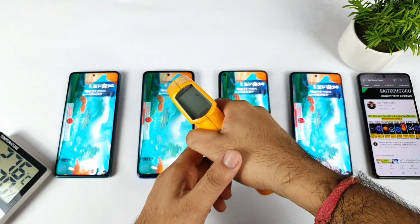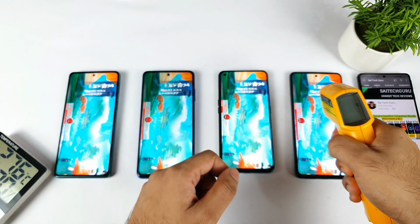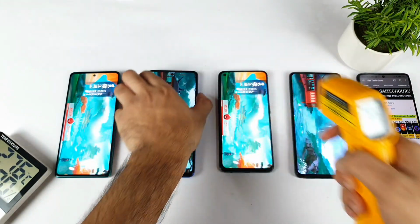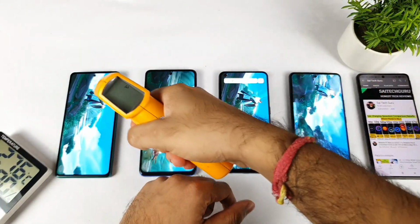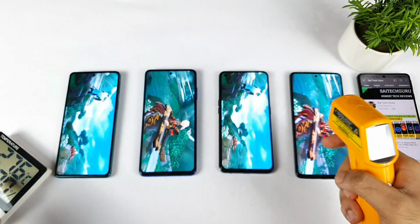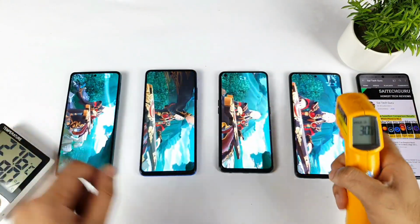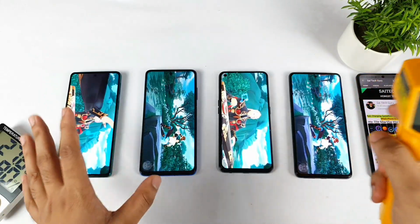Let's see the temperatures in the beginning: 30 degrees, 29.8 degrees and 30 degrees. All the four smartphones are at exactly similar temperatures at this moment, and no phone has got any kind of high temperature. My room temperature is pretty low, only 27.6 degrees. There is no AC, there is no cooler in my room, and this test is for demonstration purposes only,